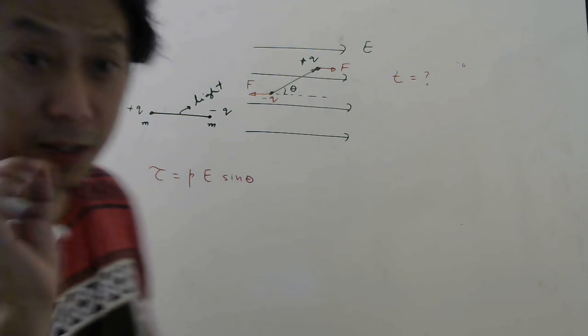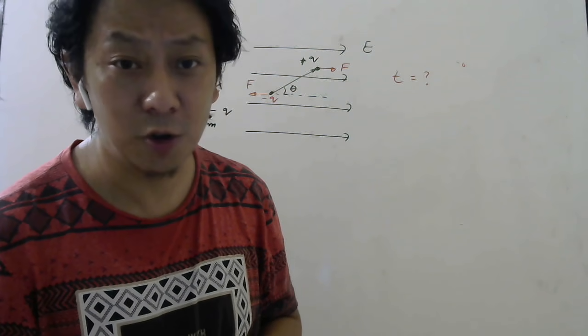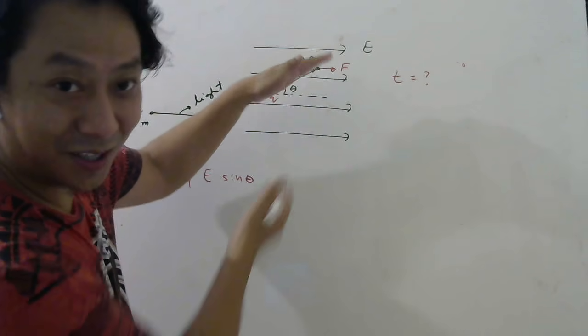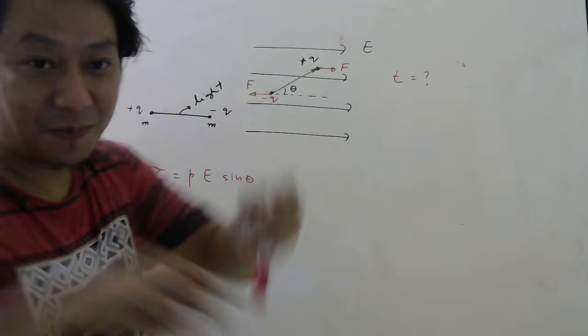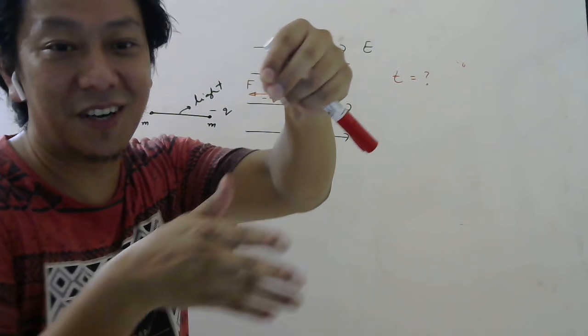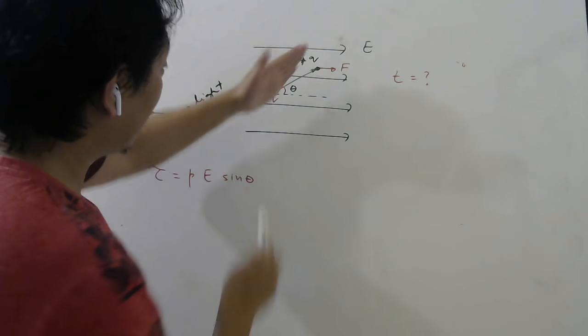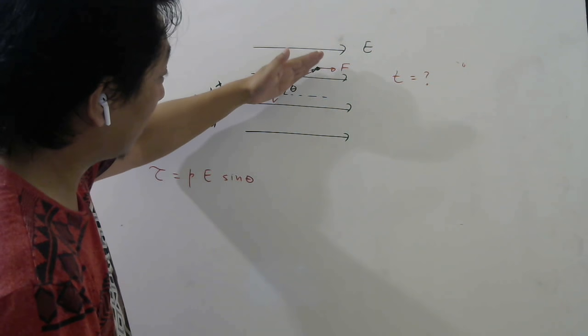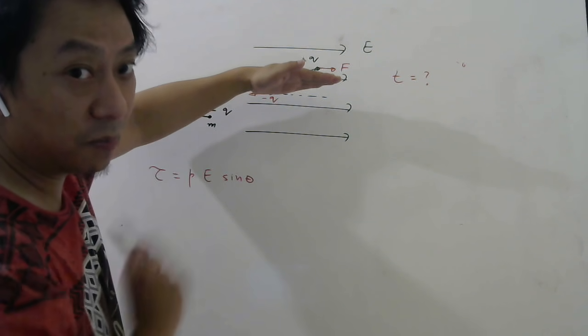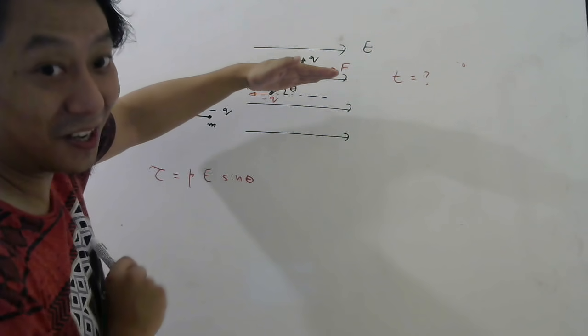0. But does it mean it will stop? No, because it already has motion. When a pendulum comes to the mean position, it doesn't stop because it is already moving. So it continues. This rod will continue like this, and when it reaches here, the torque will be 0. That is the equilibrium position, if you remember my theory classes.